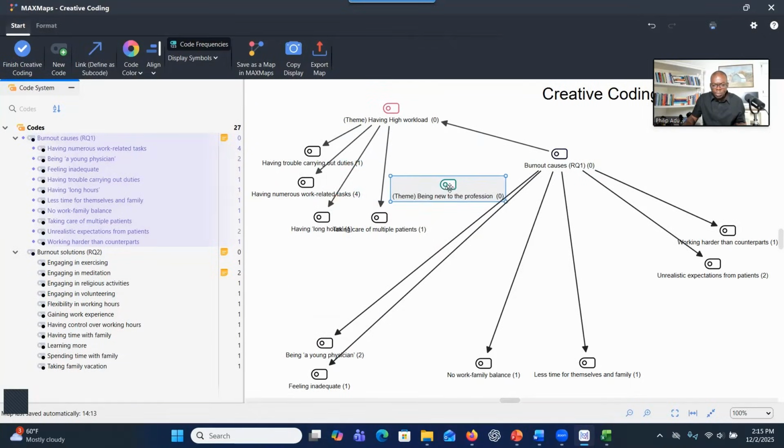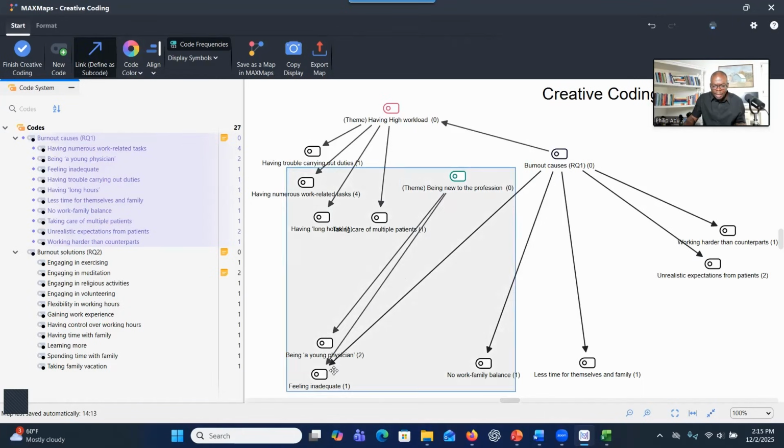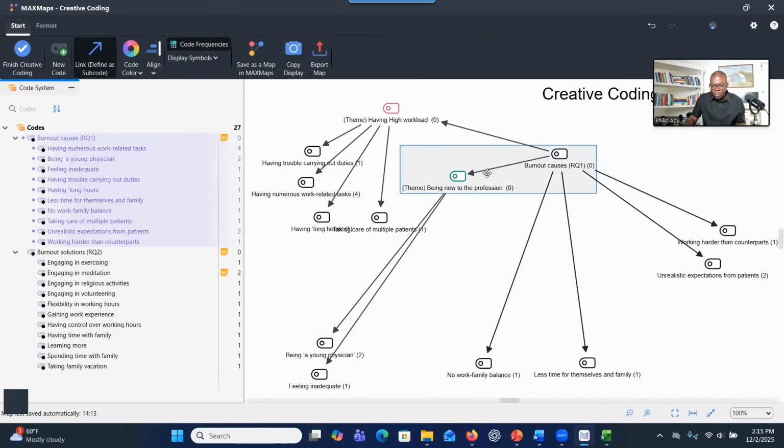And then the same way you click on this link and then drag and link it here, drag and link it here, right? Now you cannot connect the research question to the theme, right? So this theme is under the research question and these codes are under the theme, right? So you're gonna do the same thing for this one. This one, I did it